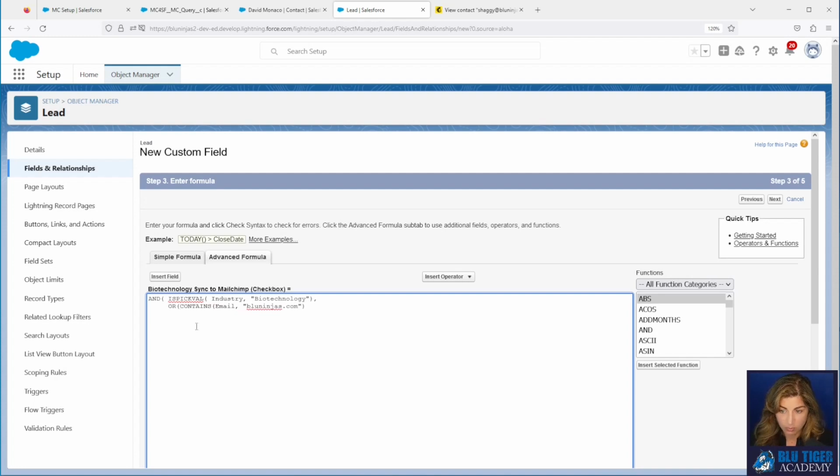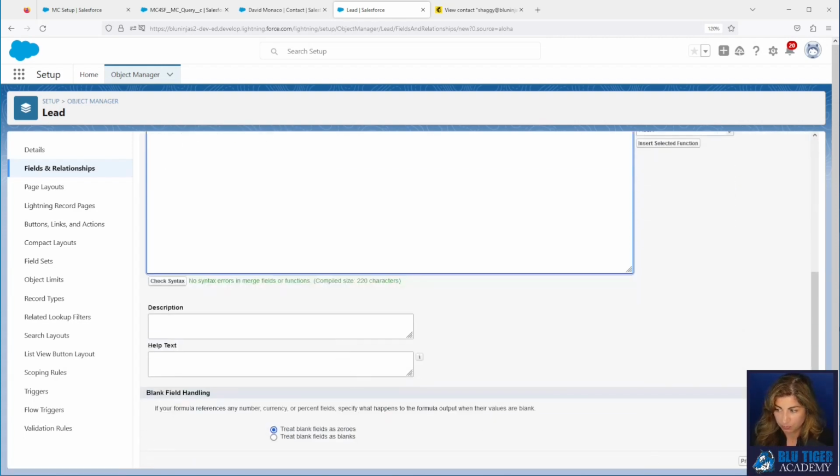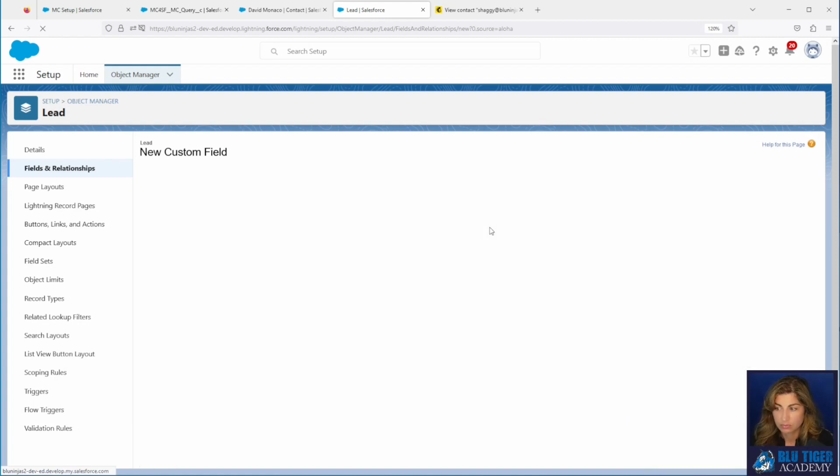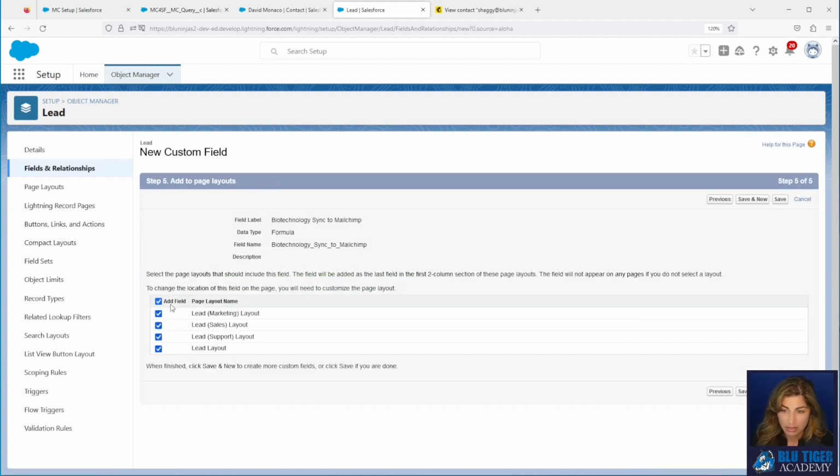And then if we wanted to look for another email domain, we could. So we could say our ands and ors in here. Okay, let's check that syntax. All right, we're good. And we do not want to add this to the page layout.